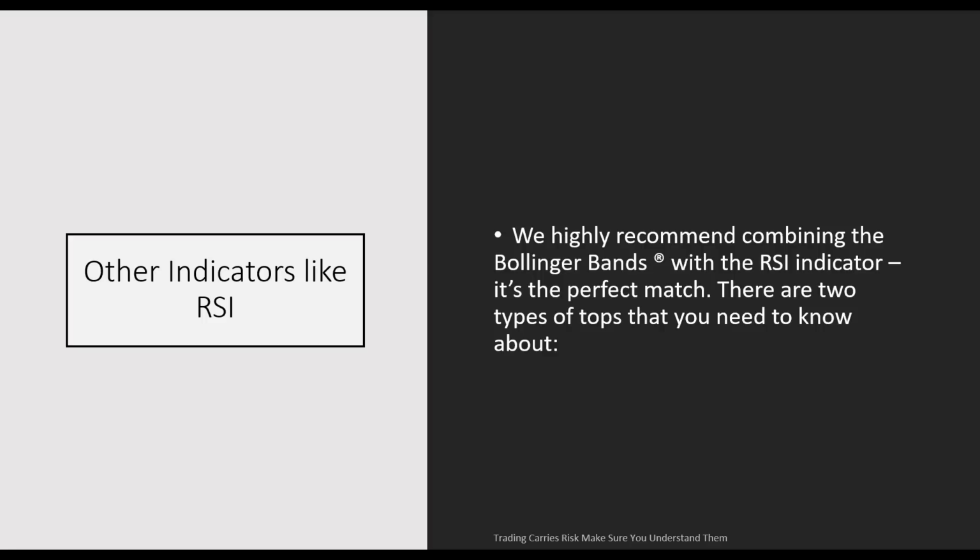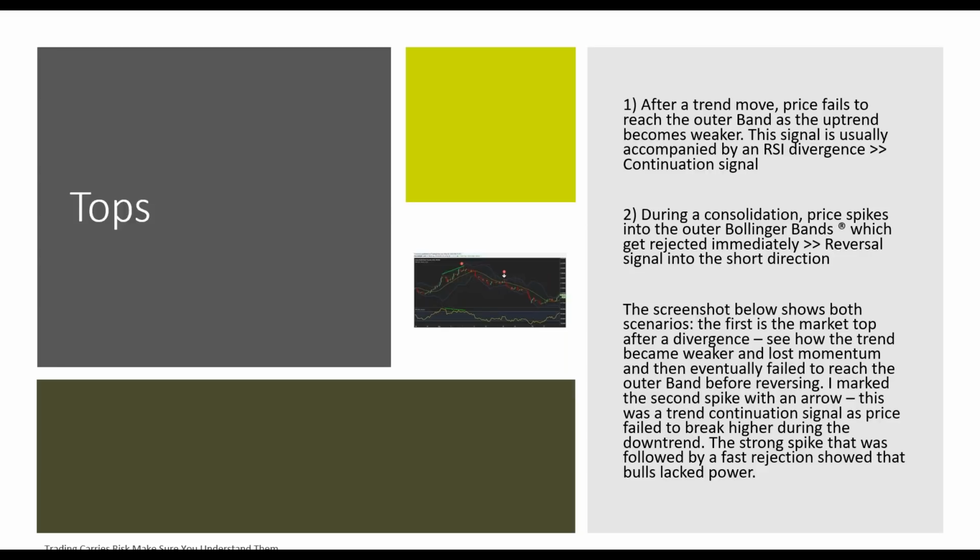Now, we highly recommend combining the Bollinger Bands with the RSI indicator. It's a perfect match. There are 2 types of tops that you need to look at. So after a trend move, prices fail to reach the outer band. Okay. So when price is moving up and we have an asset that is trending up,